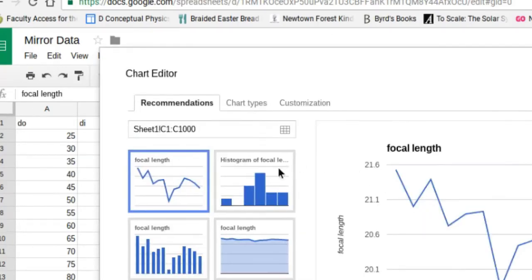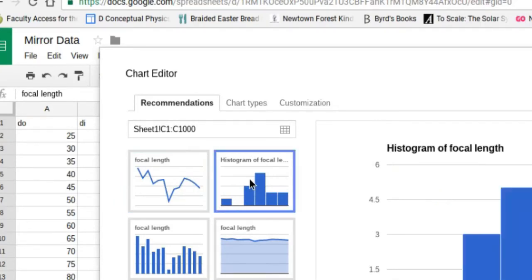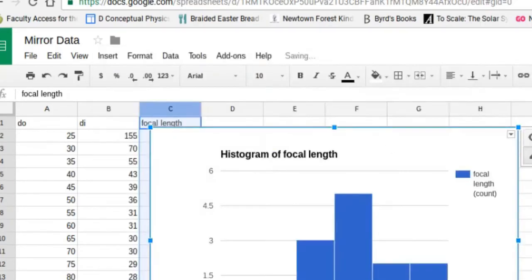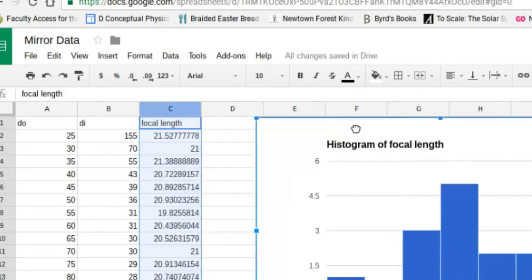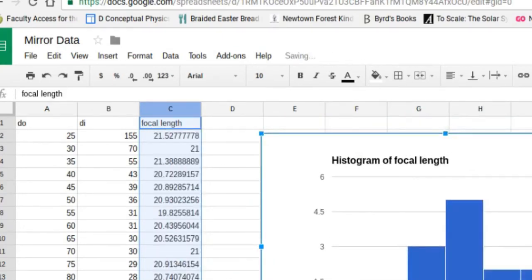And the tool we'd like to use is Histogram, which Google is suggesting here. The second suggestion, there it is. We're going to insert the histogram. I'll bring it to the right so we can still see our data. And remember, this is showing how many data points account on the left column here,